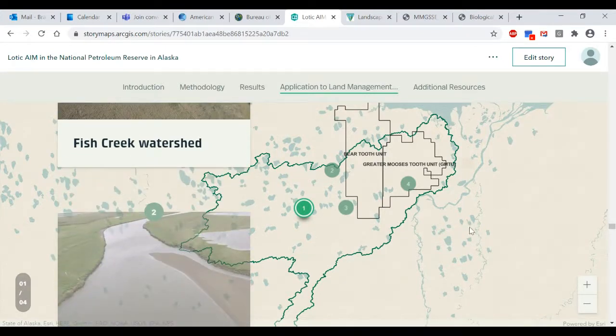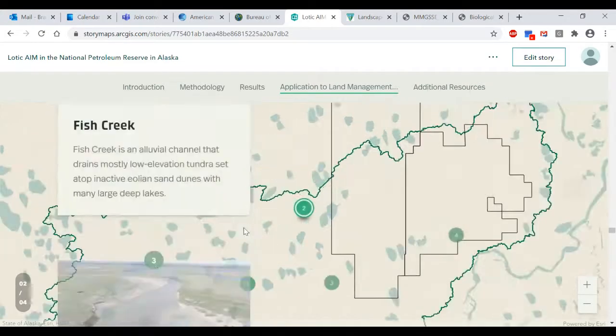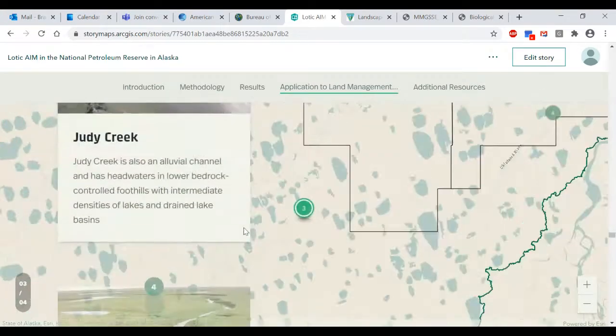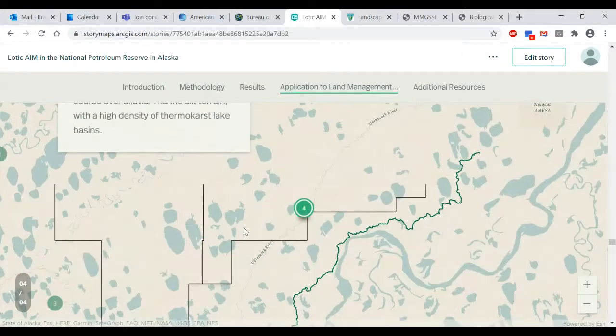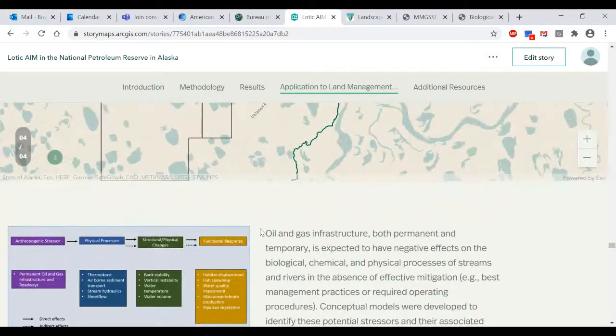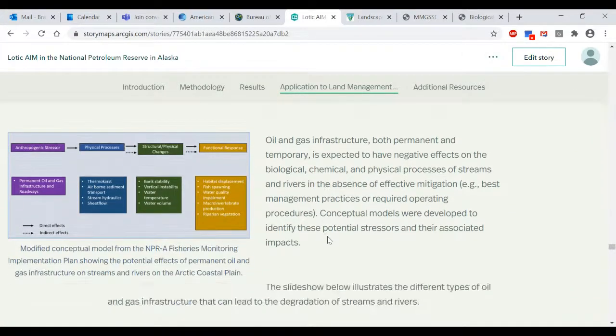You can add these additional locator maps with associated photos. You can also switch them around and have the photos as the main point and have a map on the left, and it's just a good way to further kind of drive what you want to show as unique in a particular study area. And so we added that in there to kind of highlight some of the unique characteristics of that Fish Creek watershed where this development is happening.